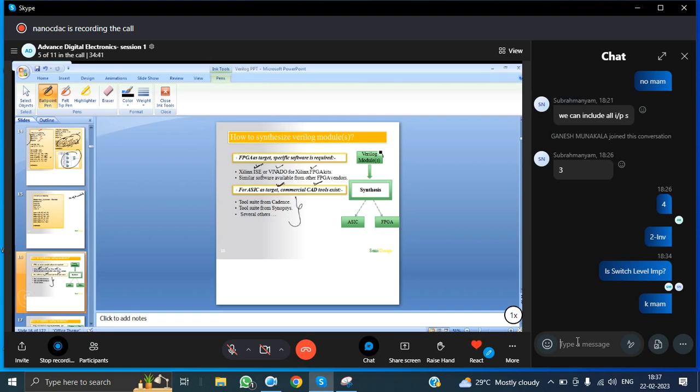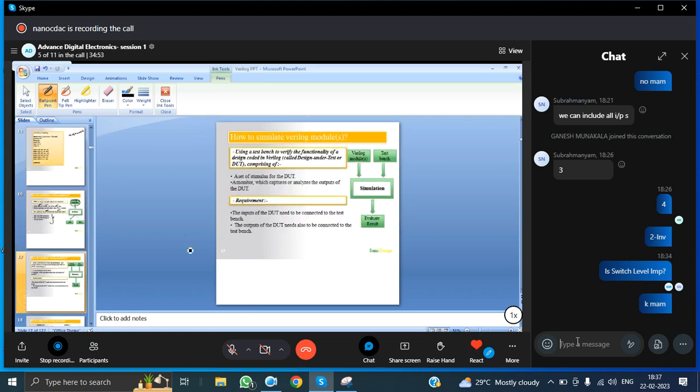Okay, synthesis: whatever Verilog module we are writing, we can do synthesis for ASIC and also for FPGA. So we write a Verilog module, we write a testbench, and we simulate and need to evaluate the result. To do simulation, we need to have